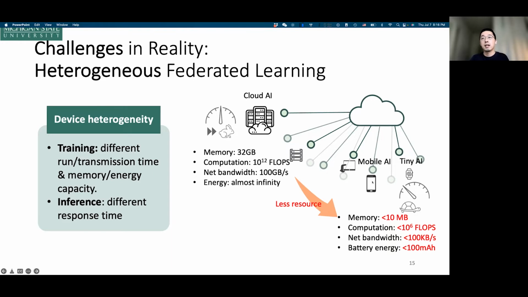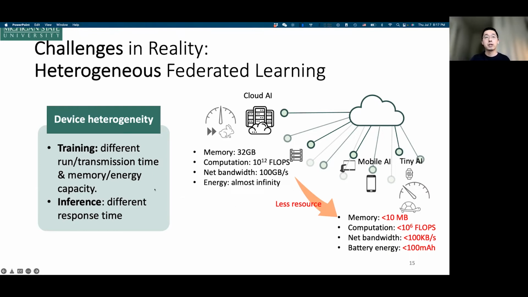However, in comparison, there are also many other devices which cannot afford these similar tasks because they only have very low memory, low computation power, and they cannot transfer too much data. And most of us have to consider energy consumption. For example, for a mobile phone, you may not want your phone to be drained by this training. Therefore, so many different devices will be mixed in the federated framework, and we have to consider how to handle them.